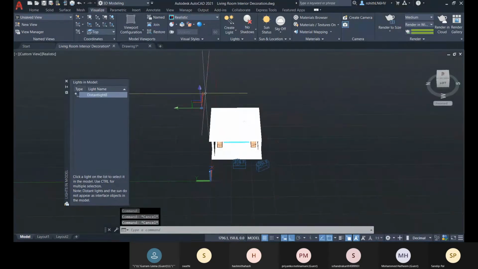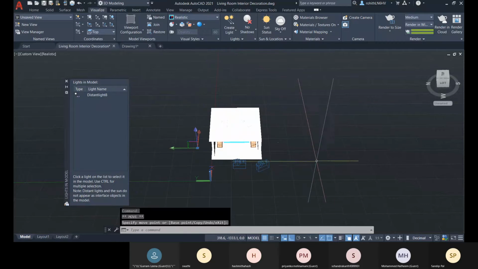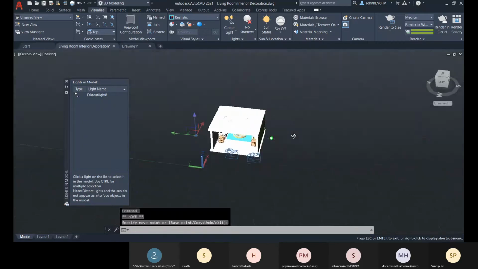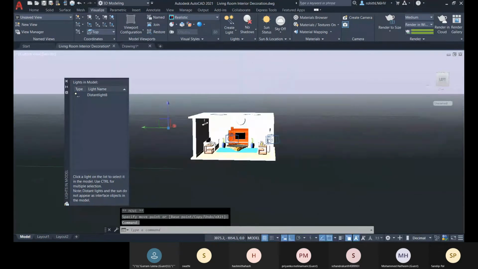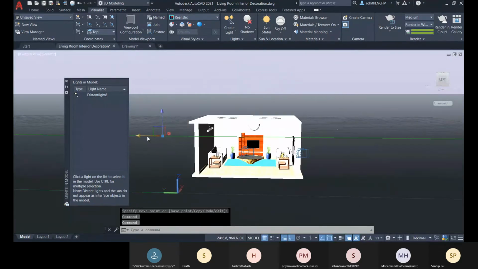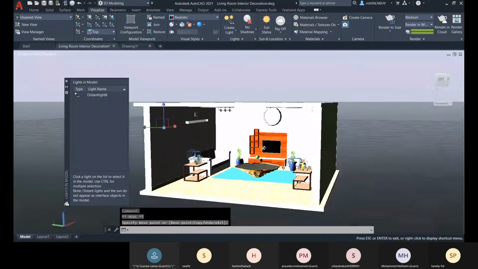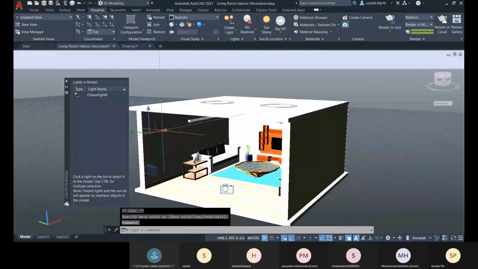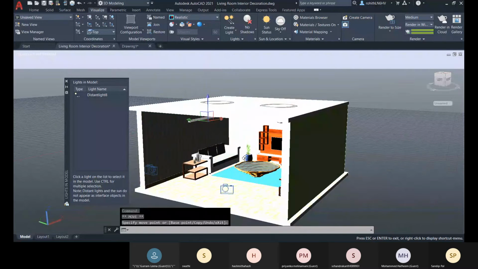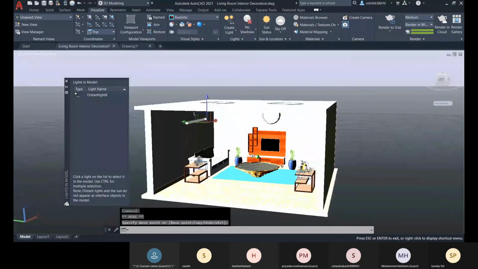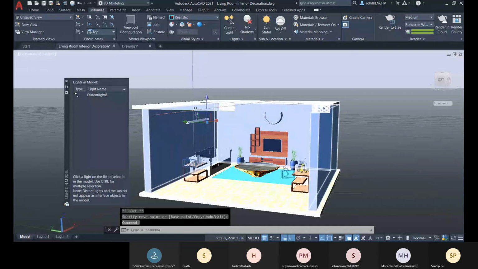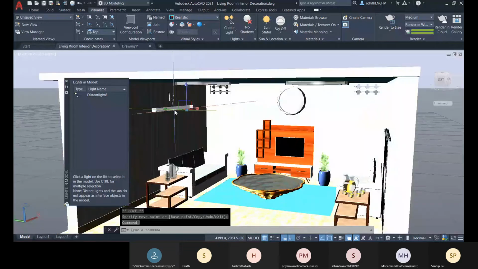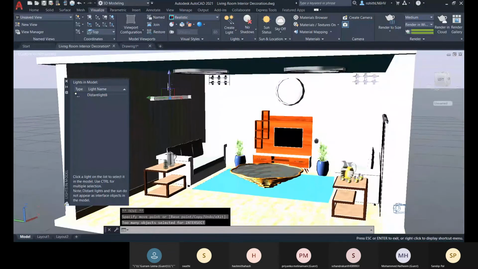Yeah, so this is the distance light. So okay, it was being placed outside, so that's why. Okay, I was making the mistake placing it. Now let me see it.